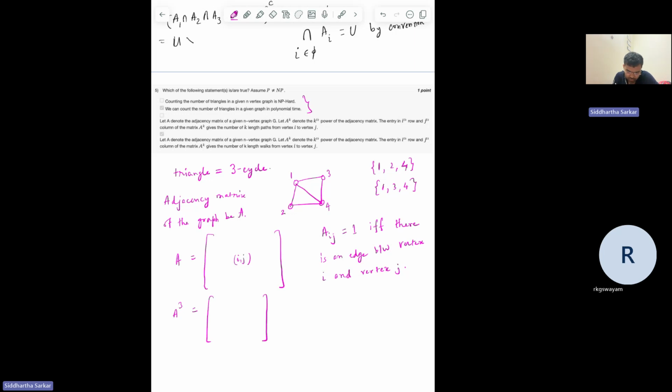But before answering that question, maybe the last two statements we should evaluate. So what is the meaning of multiplying the matrix A k times? What does A to the k represent? So A raised to the power k would represent that